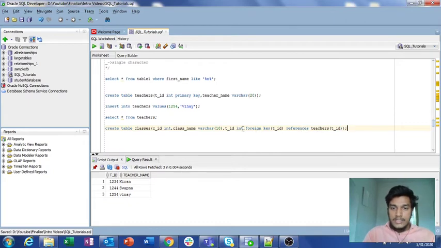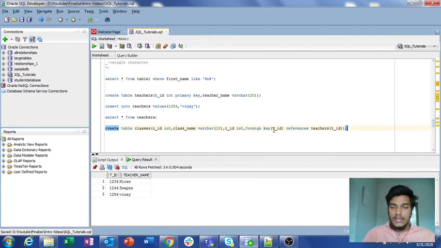Now here I want to declare the t_id as a foreign key. That means I only want to insert t_id values from the teachers table, and if the entered value is different from the IDs present in the teachers table, then it will show an error. I am going to show you how it will throw an error. So this is the declaration of how you need to assign a foreign key for your table.